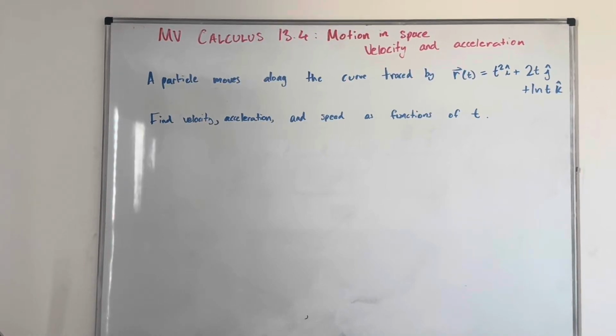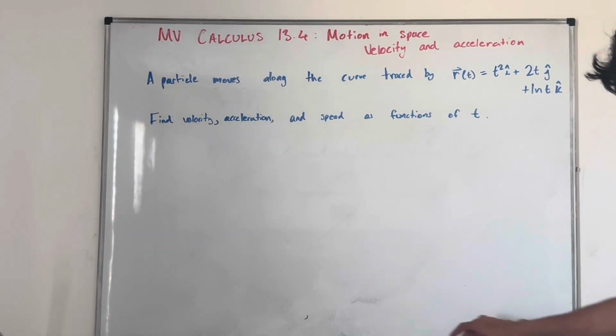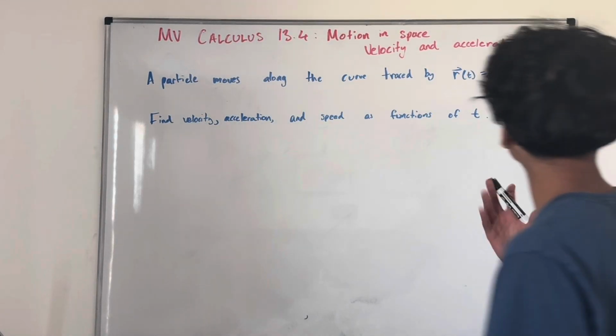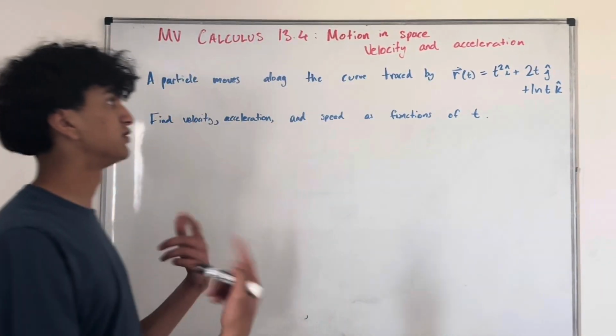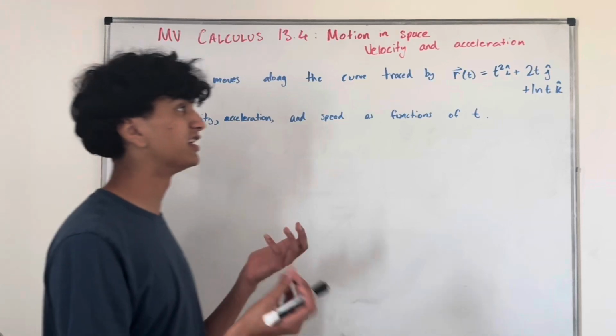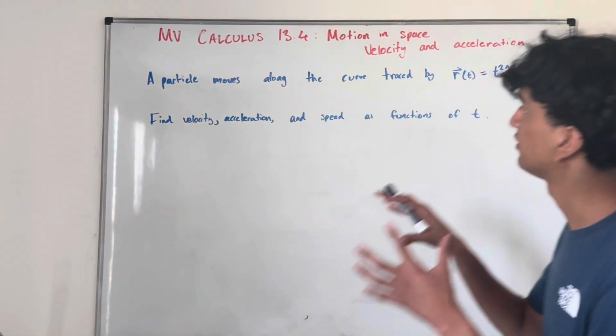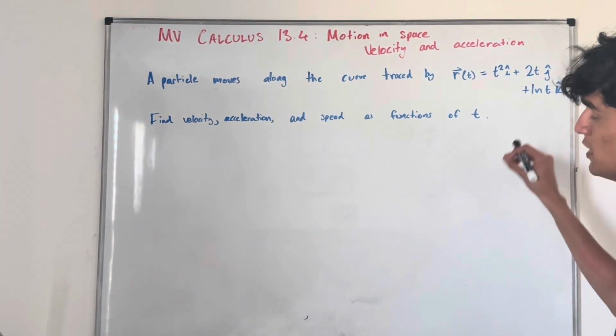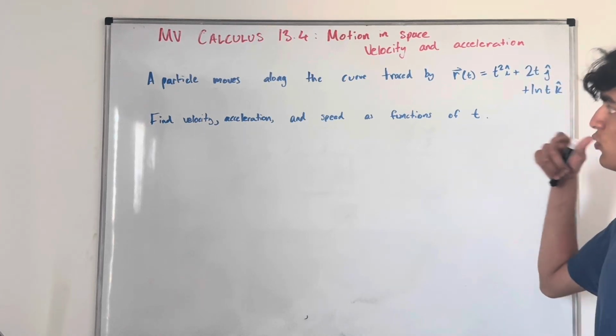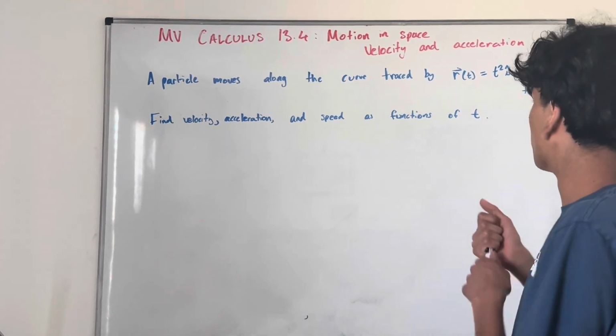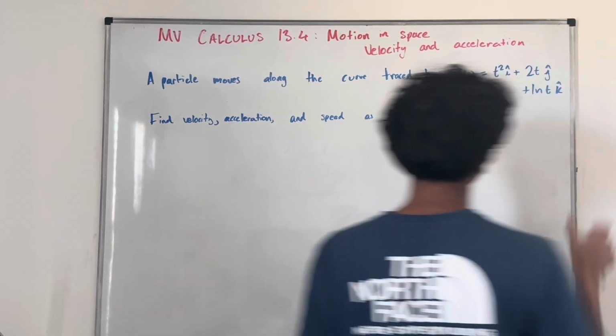So let's say a particle moves along the curve traced by a vector function r of t is equal to t squared i hat plus 2t j hat plus ln t k hat. And we want to find velocity and acceleration as functions of t. So a particle moving along this curve, the curve traced by this vector function, this is really its position